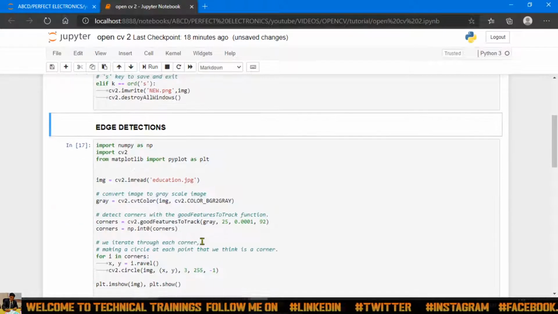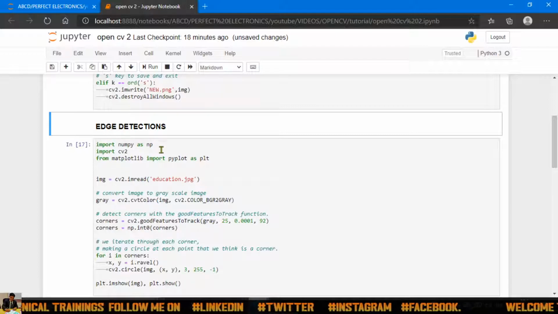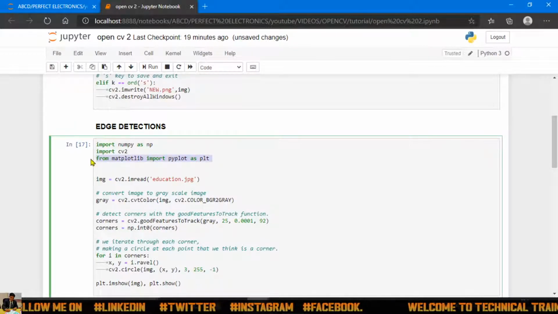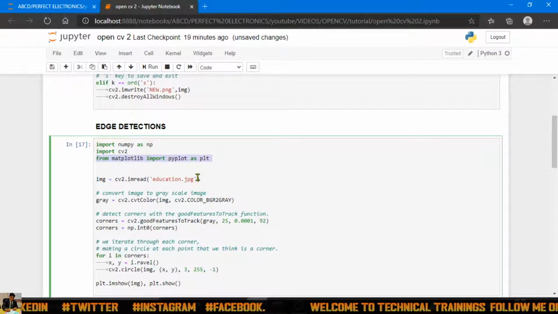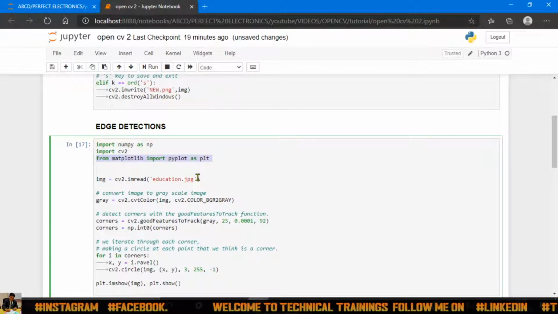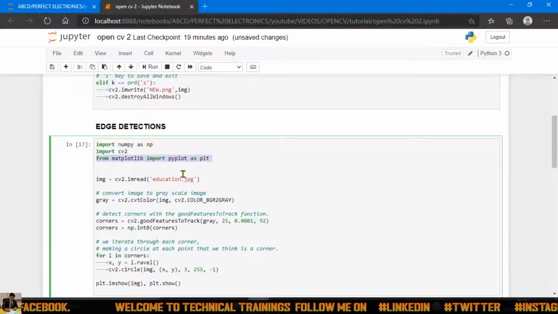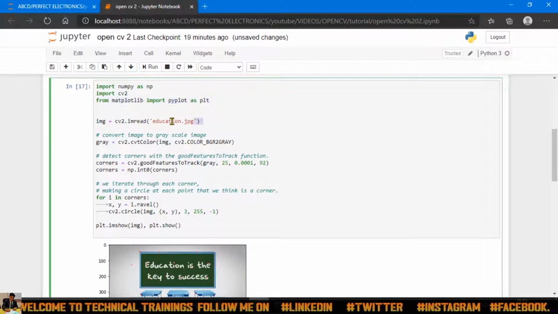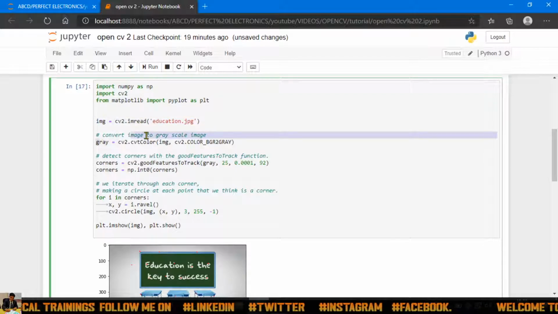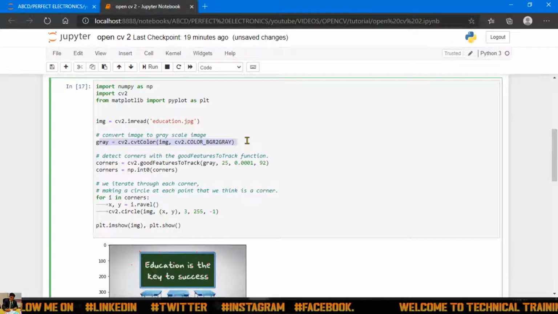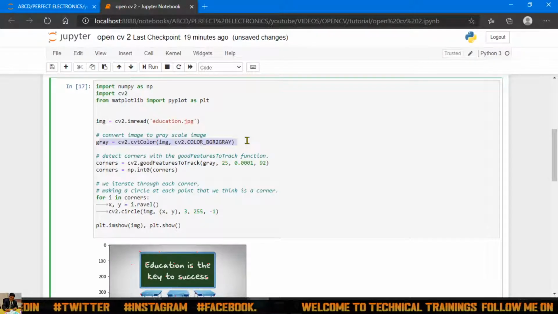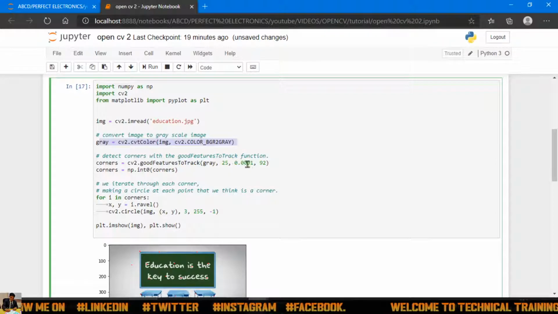Edge detection. Let's see. For this we will need a third library, that is matplotlib, because we are going to plot some dots, you can say we have to plot something on the image. That's why we use matplotlib. Then the same step, just read it. Now it is very important over here to convert it into a grayscale image. What is a grayscale image, guys? Normally images are available in 3 dimensions, that is RGB, red, green, blue. To convert it into black and white we use grayscale. So that is very important.